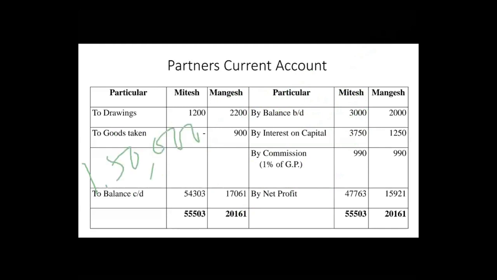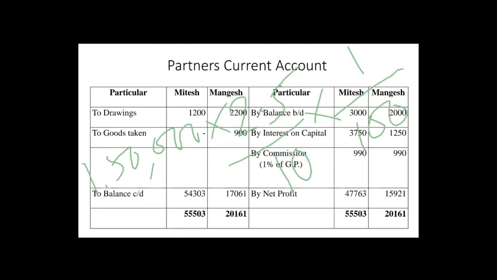Now the calculation for this: basically, whenever the percent comes in point, students get confused. So if the percent is given in point, then what you have to do is remove the point. You have to write 25/10 multiplied by 1/100. Whenever the percent is given in point, it might be 5.5, 3.5, 2.5, 1.5, you only have to remove that point and mention 10 in the denominator, multiplied by 1/100. So this will be an easy calculation for you.